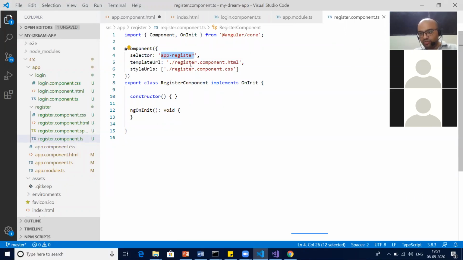Okay, let me ask you instead of telling you. Now I wanted to call this register component in HTML. How should I be calling it? I want to know the answer from all of you guys. How can I make sure that this register component will be part of your HTML? How? What should I do in this case? I need an answer from all of you.